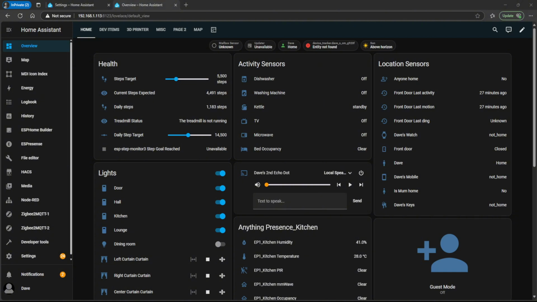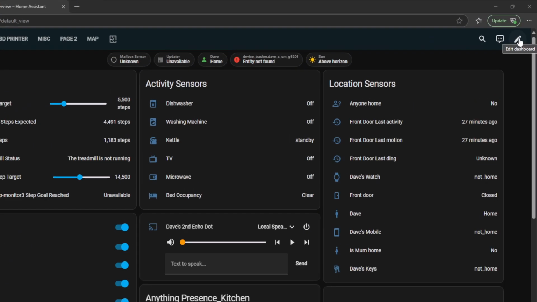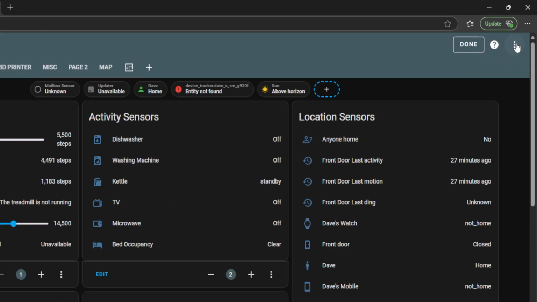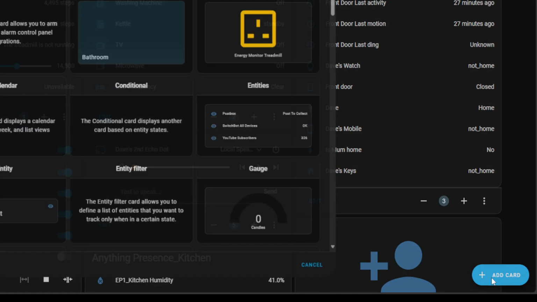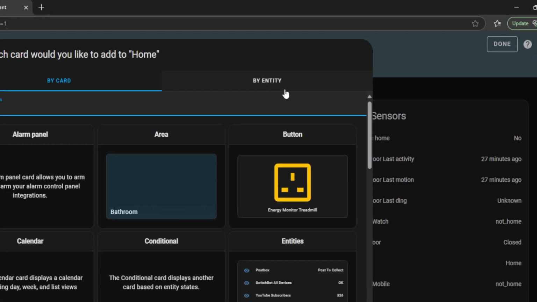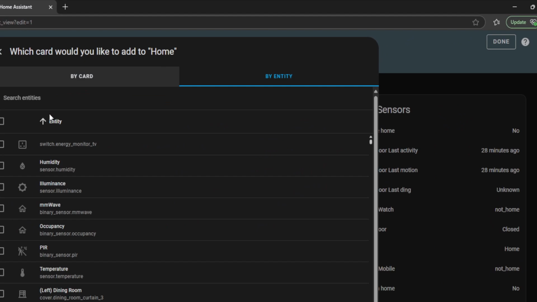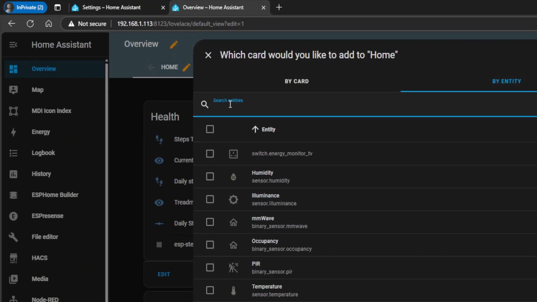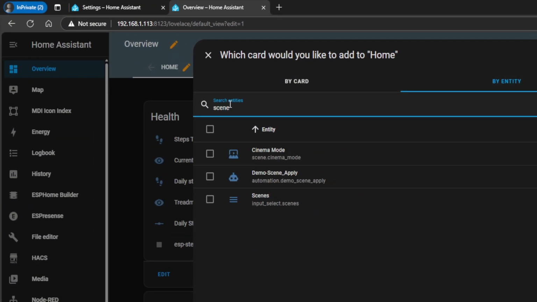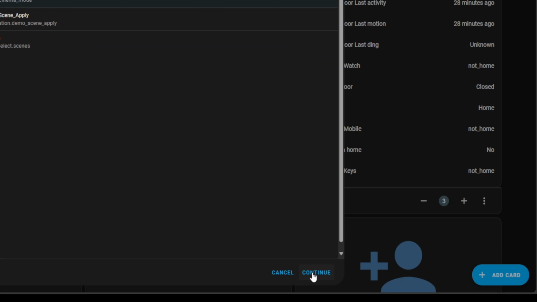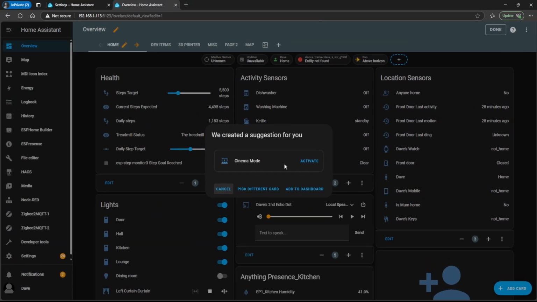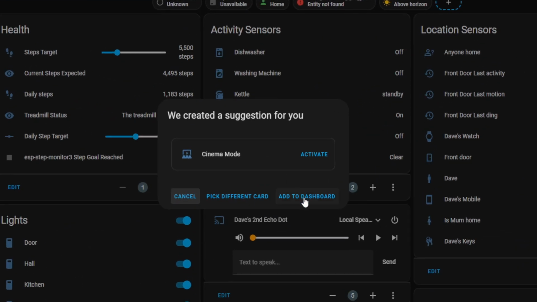I'm now going to show you how to add a scene to your dashboard. If you click on the Edit Scene icon, then you're going to click Add Card. Change this to by entity, and in the search just type in scene, and the one I want in this example is cinema mode. Then you're going to go ahead and click continue, then click add to dashboard,